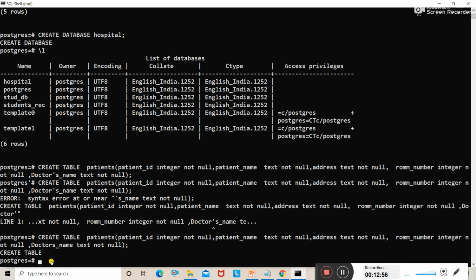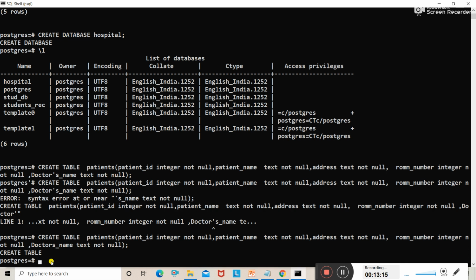Text type of data, right? You're going to store characters in this, so you can assign the data type for patient name as text. And again not null, that means you cannot leave this text field blank.